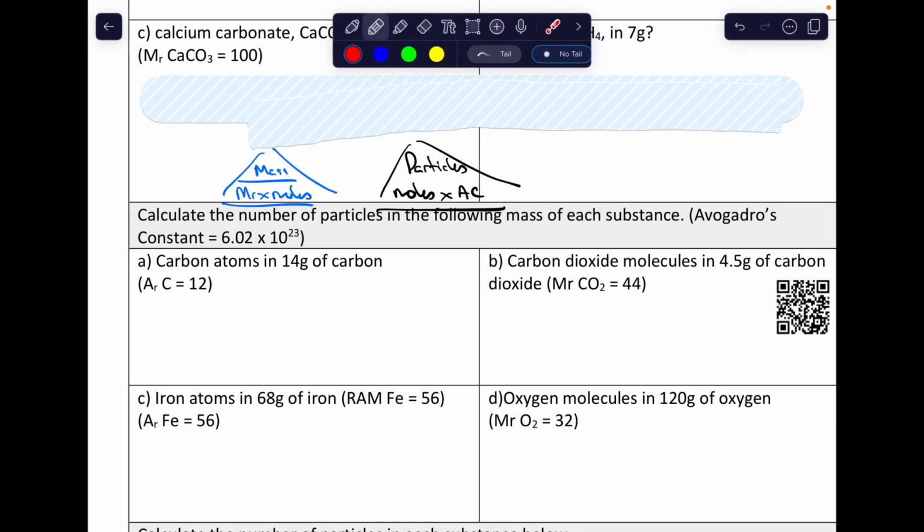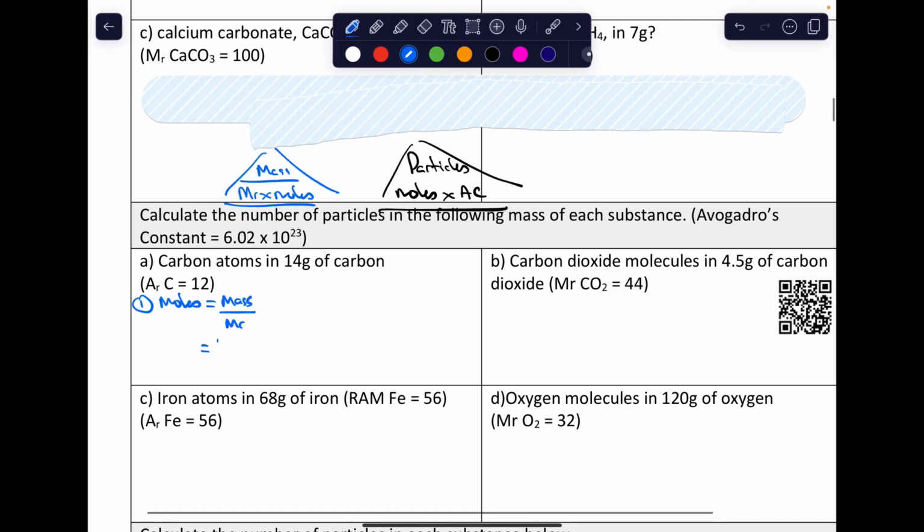So these questions are a little bit trickier. What we're going to do here is first of all take this mass and convert this mass into moles. And I'm using this triangle here. So we've got the mass, we want to know the moles, so the moles is mass divided by Mr. So let's do that first, that's my first step. So we want to know the moles